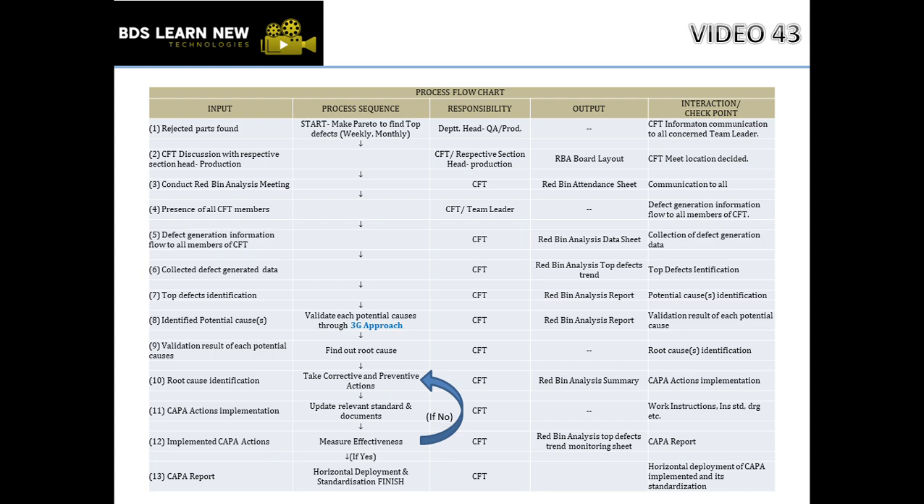Now when we find that the implemented actions, the CAPA actions, are okay, then we will fill the CAPA report. Then we have the process sequence of horizontal deployment and standardization finish, right? So in this case we will do the process flow chart for red bin analysis. Now in the next slide we will discuss this 8th point, which means identified potential causes, means validate each potential